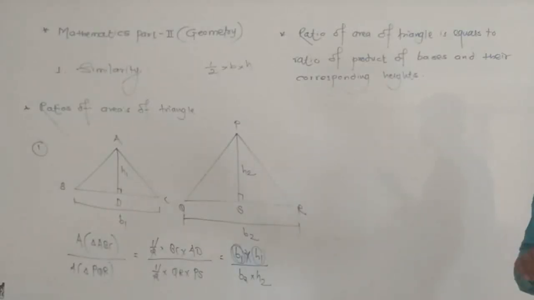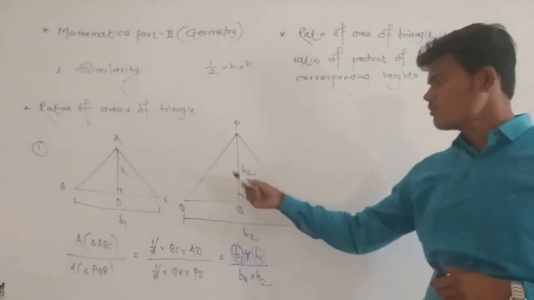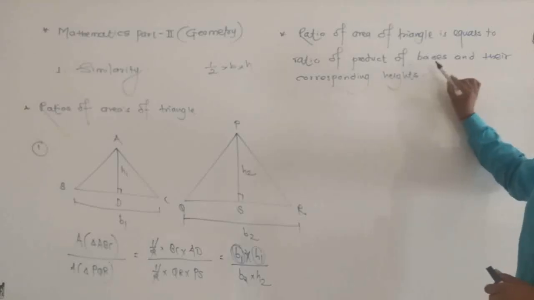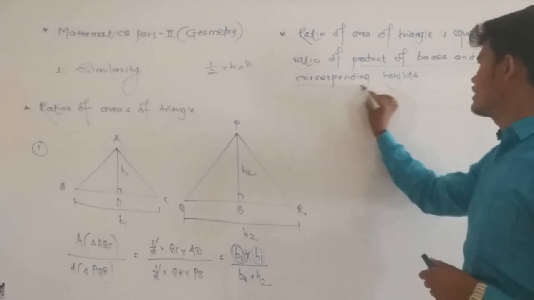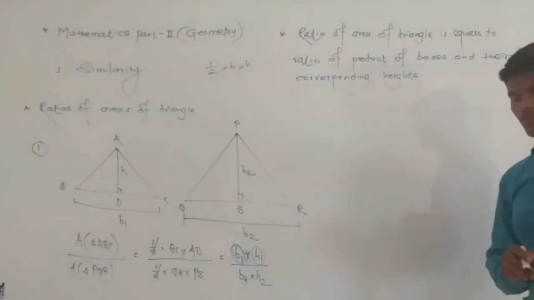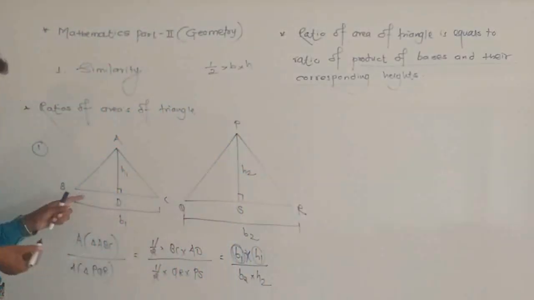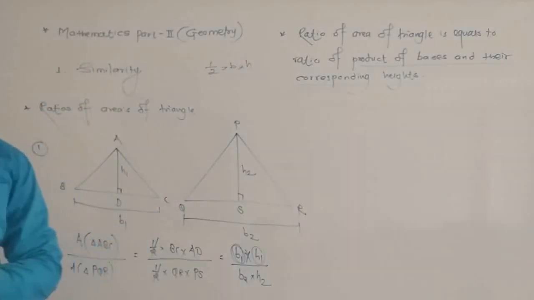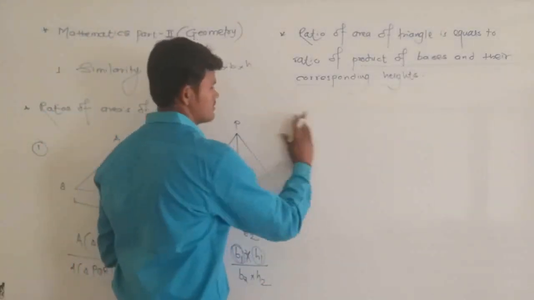In short, it can also be memorized as: if two triangles have no equal heights and no equal bases, then their ratio of area can be represented as the product of bases and their corresponding heights. म्हणजेच दोन ट्रायंगल मध्ये जर दोन ट्रायंगलचा तुम्ही रेशो घेतला एरियाचा आणि त्या दोन्ही ट्रायंगलसाठी देयर इज नो कॉमन हाईट अँड नो कॉमन बेस, then their ratio of area can be represented in the product of their bases and corresponding heights.